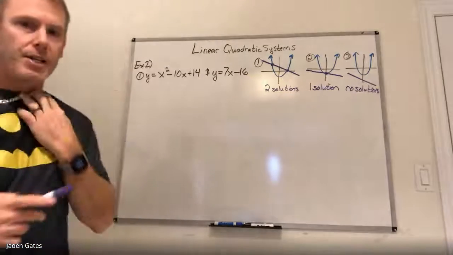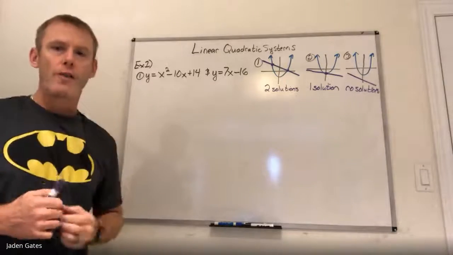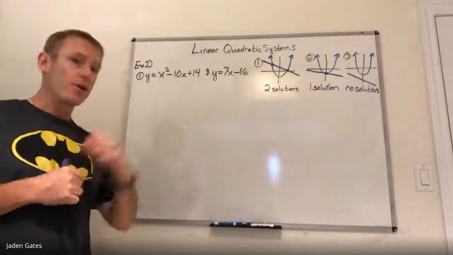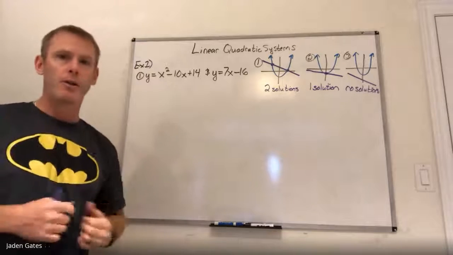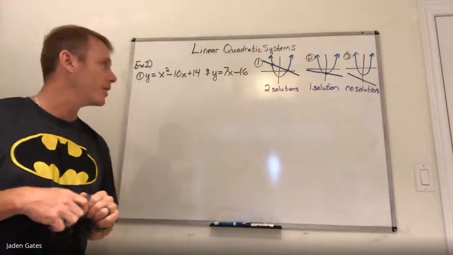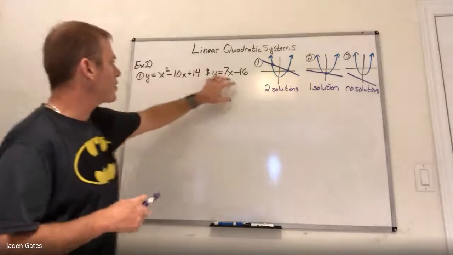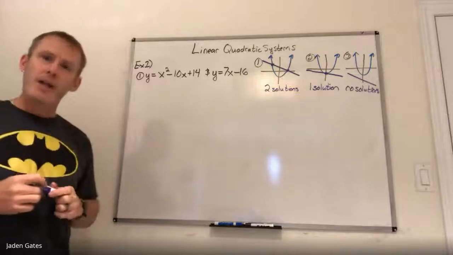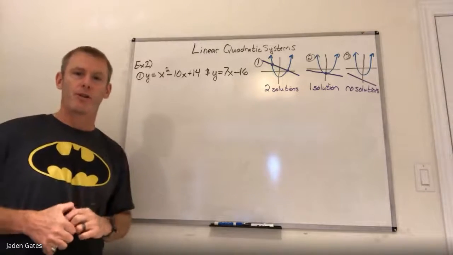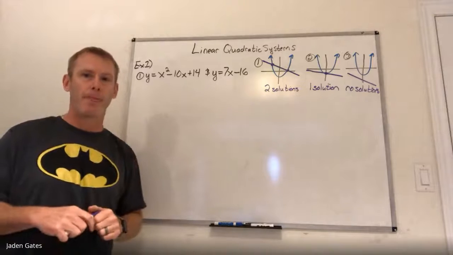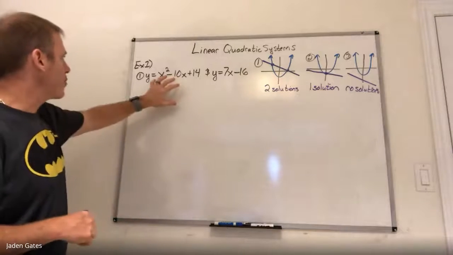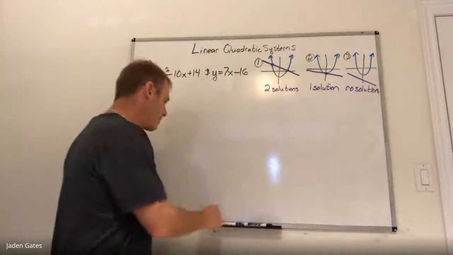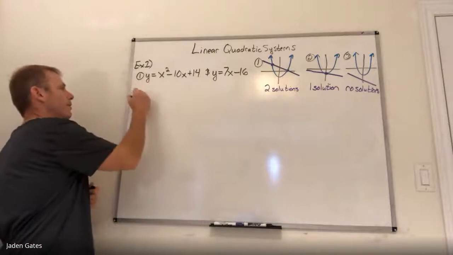Now, when I teach grade 10 math, we do solving systems of equations, which is the point of intersection. And the key thing, whether you're dealing with 2 lines or a parabola and a line, is that at the point of intersection these 2 equations are going to have the same x and the same y at the same time. That's what's unique about the points of intersection. They have the same x and the same y at the same time. And so if you get that concept in your head, is that when I have these 2 equations, at the point of intersection,